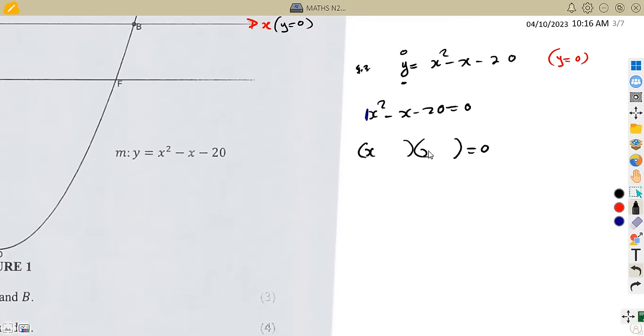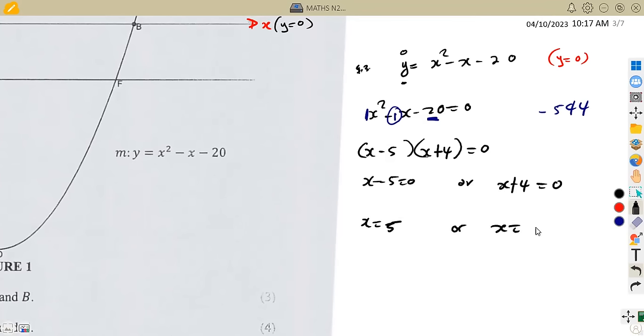That's x here, x. Factors of negative 20, if we add, we get a negative 1 in this case. That's negative 5 and 4. So we are going to have negative 5, plus 4. So each bracket must be equal to 0. x minus 5 must be equal to 0, or x plus 4 must be equal to 0. So that means x is equal to a positive 5, or x is equal to a